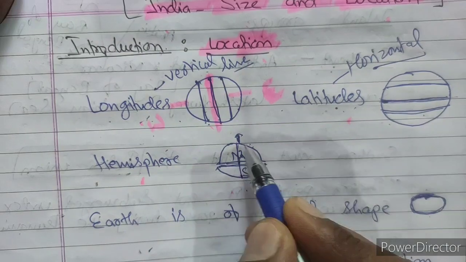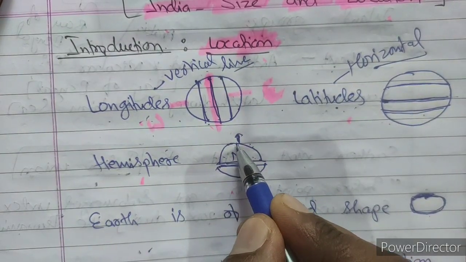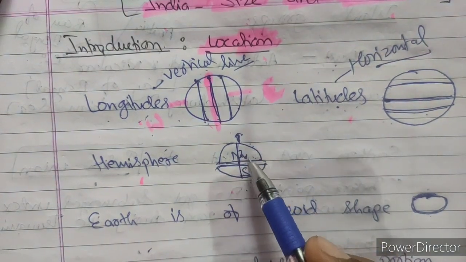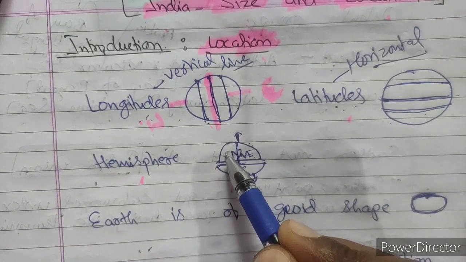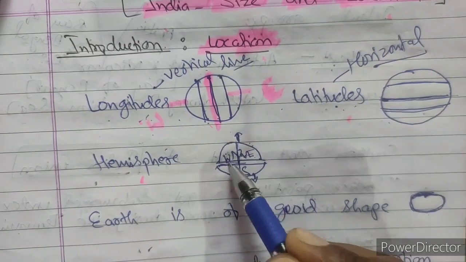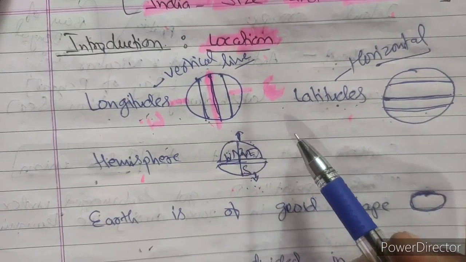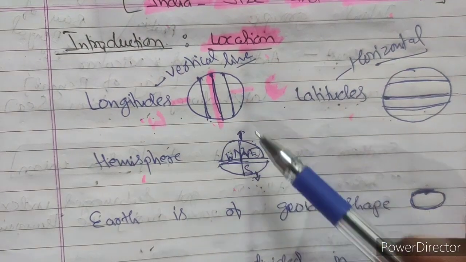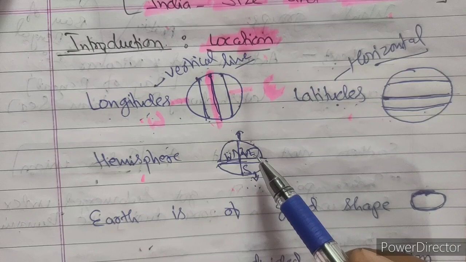This is the longitude. The central longitude will divide the whole earth into two parts. The Greenwich line, which passes through London, is the line which divides the earth into two parts. This side is the east of this line and this side is the west. India lies fully on the east side. That's why, when you see India's position, the longitude is east. Clear? Longitudes are vertical imaginary lines. India lies fully on the east side.